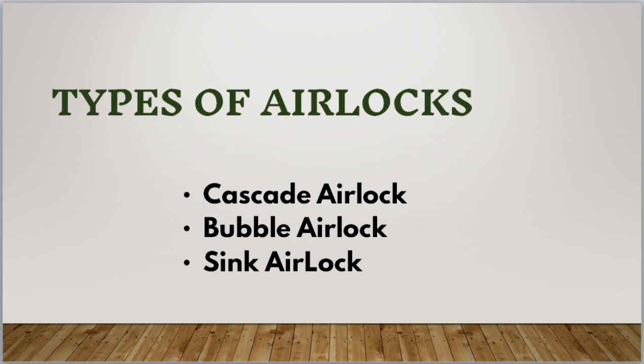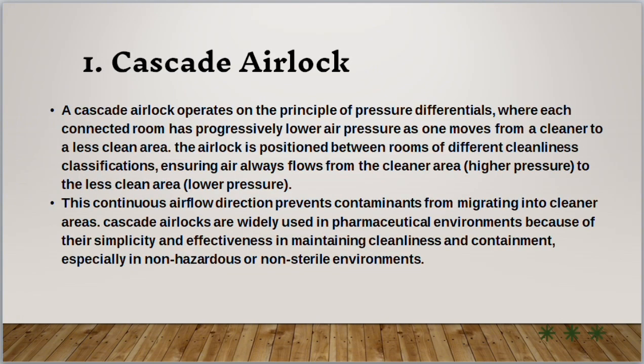There are three types of airlocks, that is cascade airlock, bubble airlock and sink airlock. First type, that is cascade airlock. A cascade airlock operates on the principle of pressure differentials, where each connected room has progressively lower air pressure as one moves from a cleaner to a less clean area. The airlock is positioned between rooms of different cleanliness classifications, ensuring air always flows from the cleaner area, that is high pressure, to the less clean area, that is low pressure. This continuous airflow direction prevents contaminants from